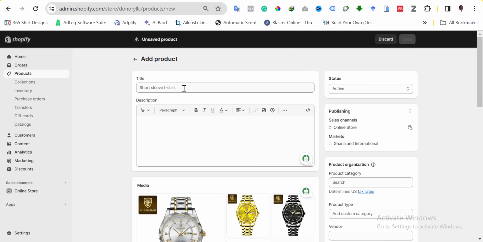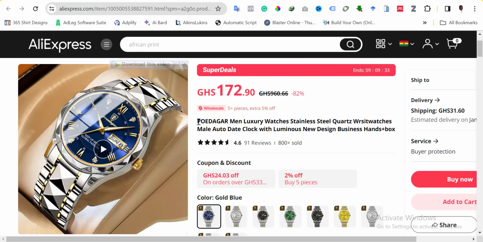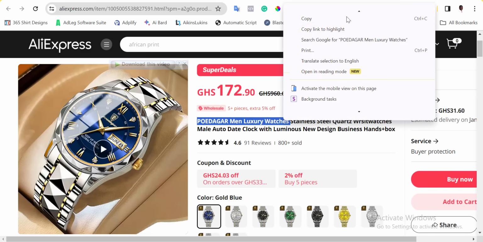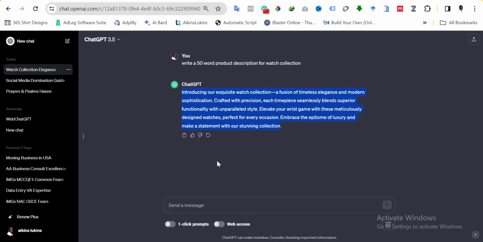Now the next thing is that you want to give the name of the product. So you can just pick this, male luxury watches or stainless steel. You can copy this and then use ChatGPT. Now this is what I'm going to do. I'm going to say write 90 words product description